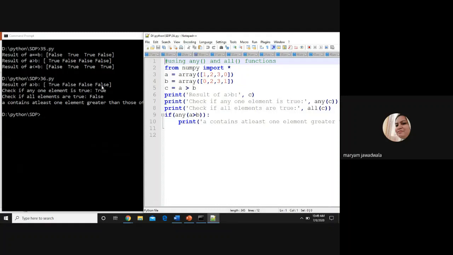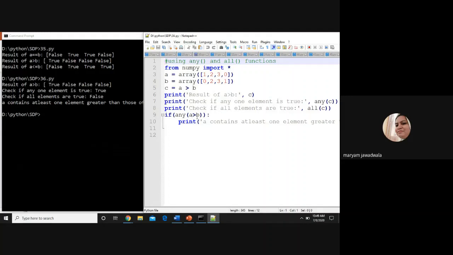So any one is true, yes, the first element is true, then it will return true. And the next one uses the all function, which checks whether all the elements are true or not. Here all the elements of the C array are not true, so it will return false.